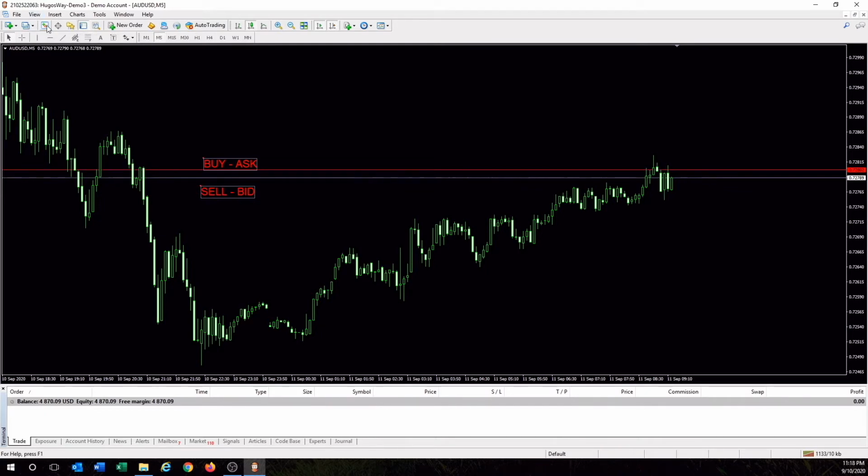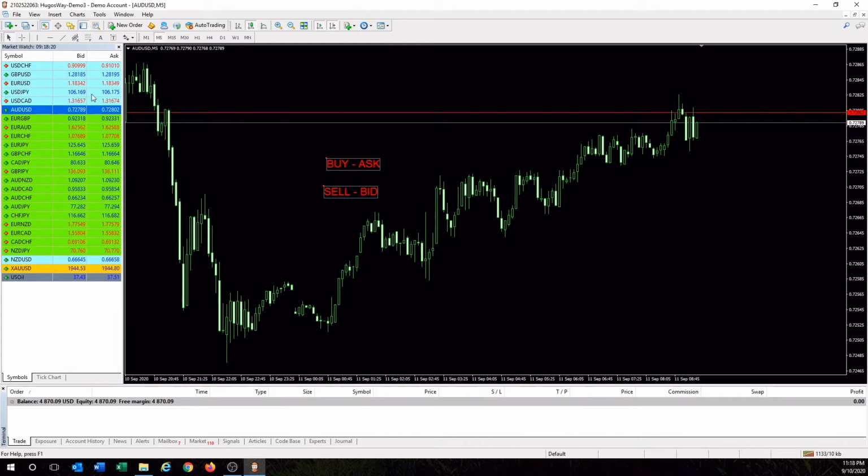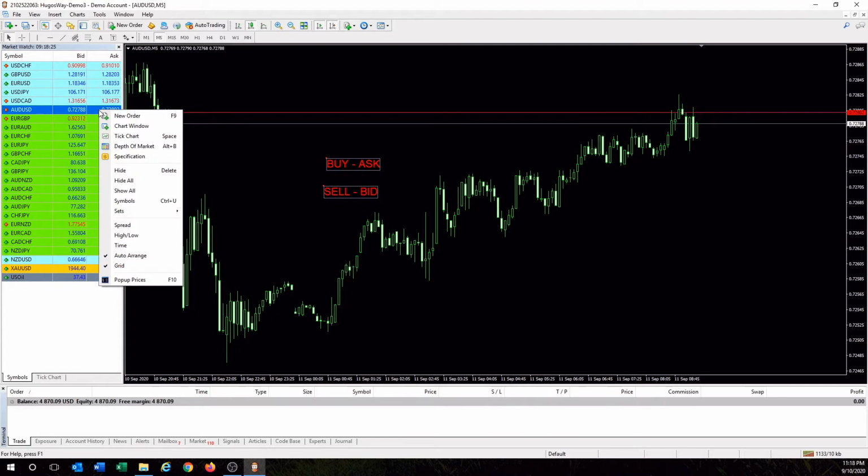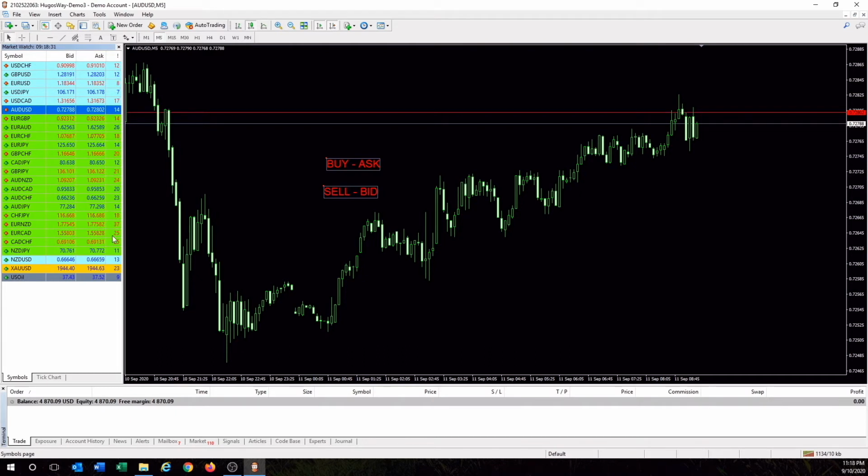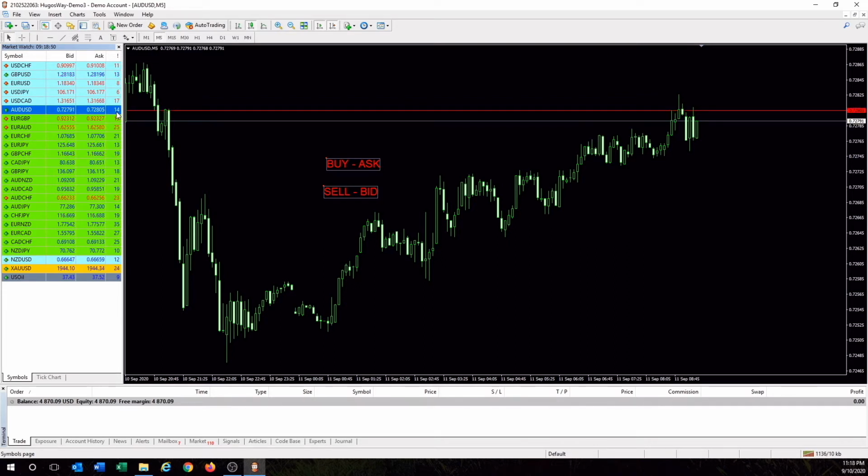So if you go up here and click on Market Watch, and right now we're on AUD USD, I want you to just right click, if you haven't already done this, and go to spread. So it made this fourth column here. And this price that's moving, this isn't pipettes or points. So right now it's 13 pipettes or points, and that means it's 1.3 pips. So it fluctuates between 1.1 pips to about 1.56 pips, and it's always floating.